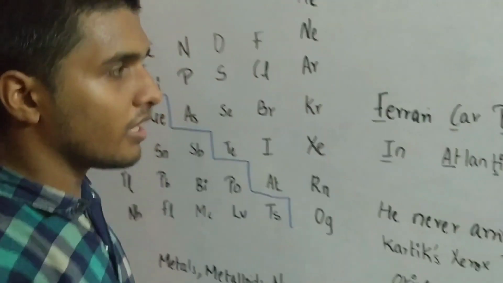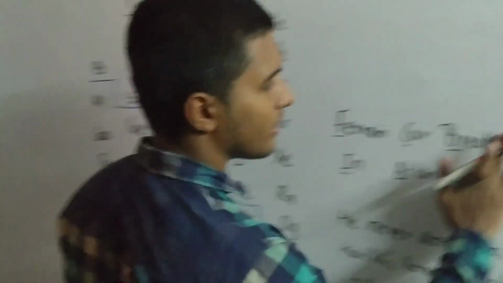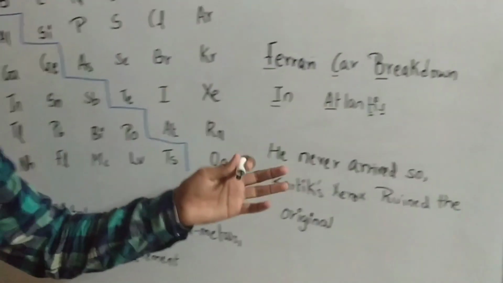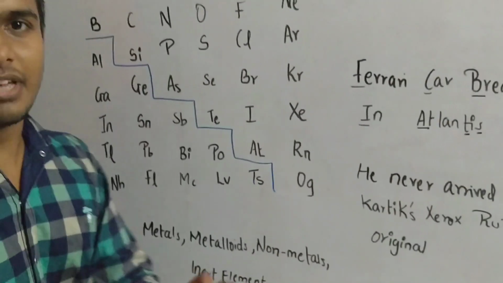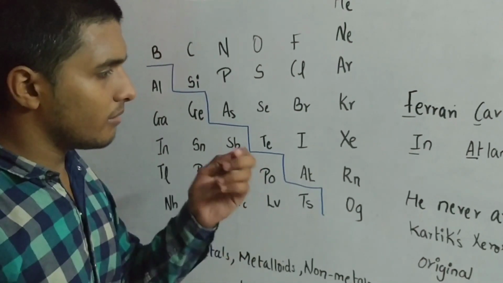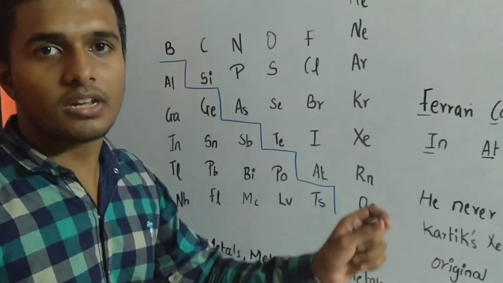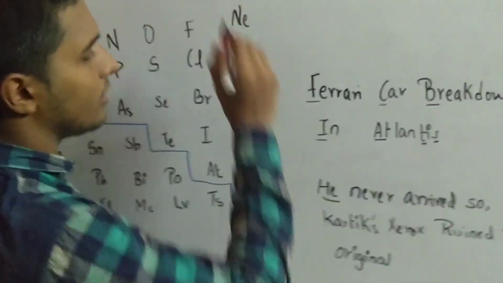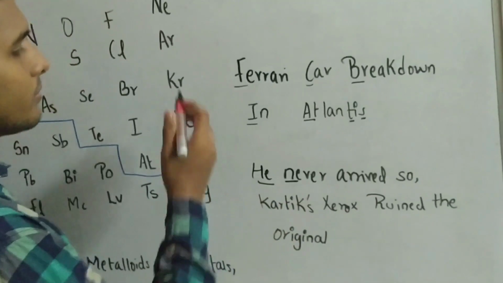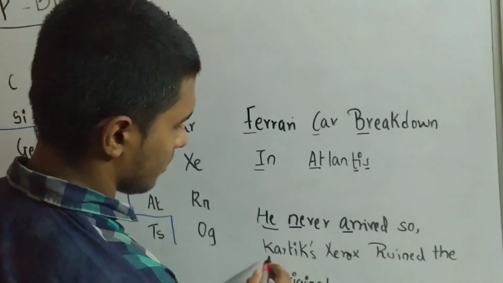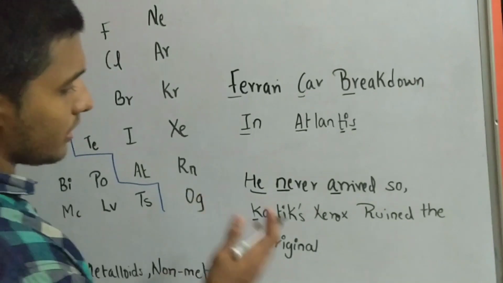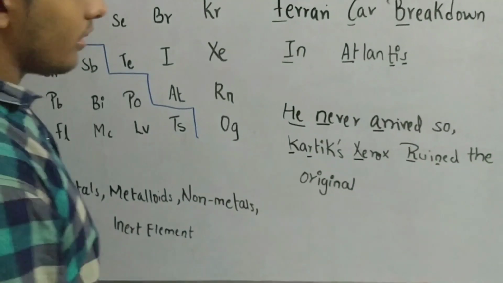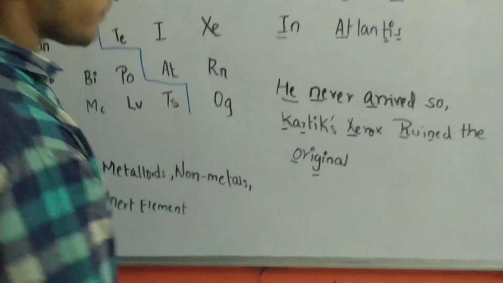See, whatever sentence I am making, there is no sense in the sentence. There is one more thing I have to change. Breakdown, I have made it. Though there is no meaning for all these sentences, it is just in a funny way that I am making them so that they can be memorized and remembered in the exams if it is asked. So in this particular line, He describes helium, Ne describes neon, Ar argon, Kr krypton, Xe xenon, Rn of ruined radon, and last oganesson Og.